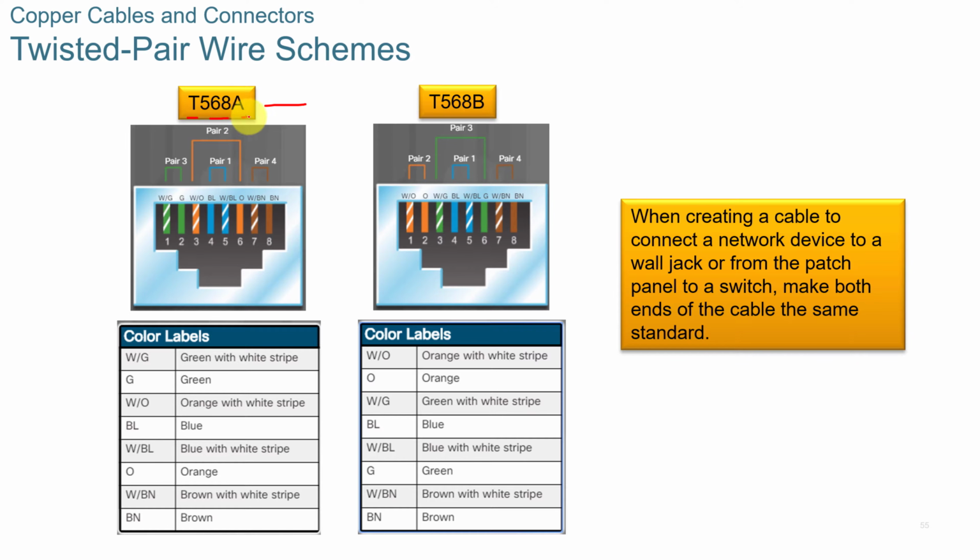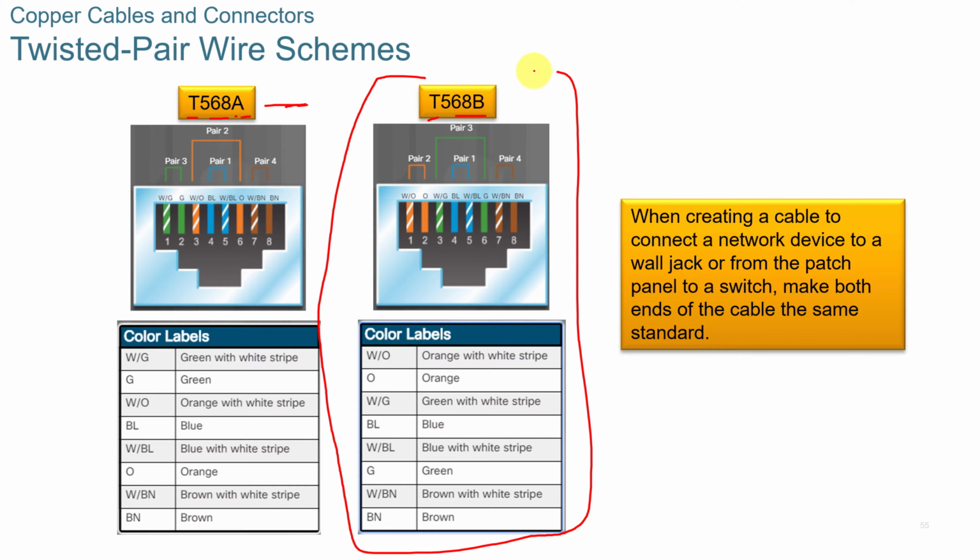Now, you have the twisted pair schemes here. You have T568A and T568B. Some of the common questions I've heard about this before is, which version do you use? It really doesn't matter. Either one can be used. You just want to check with wherever you're working with wiring to make sure if they have a standard or not, and you always want to work with the same standard with the same wiring scheme. So if you start with T568B, you want to stay with that as far as your wiring, and not install some wires this version and some wires this version. And in your documentation, you want to make sure that you're clear which version you used.